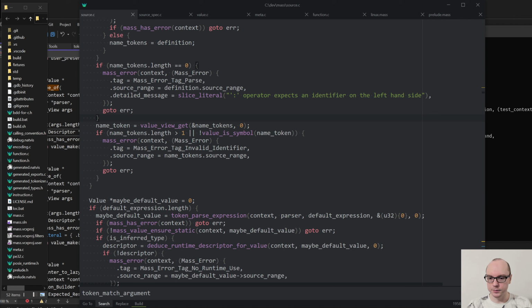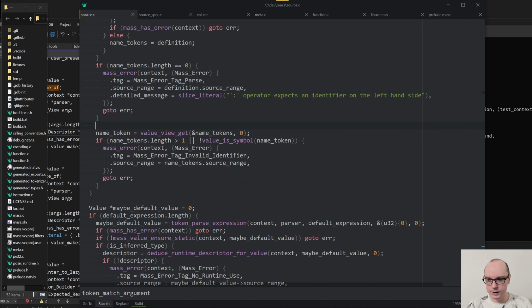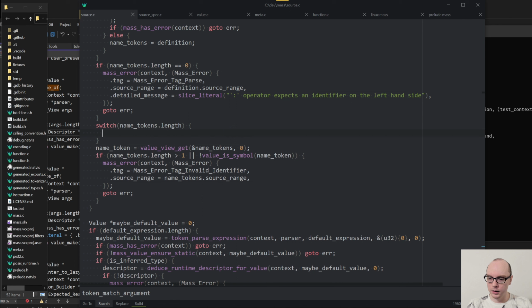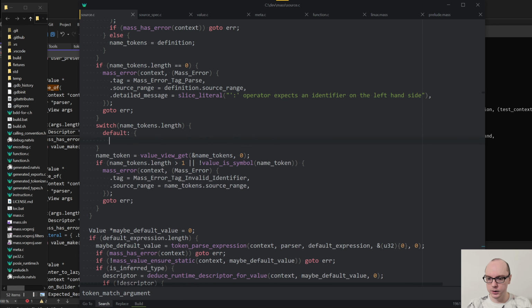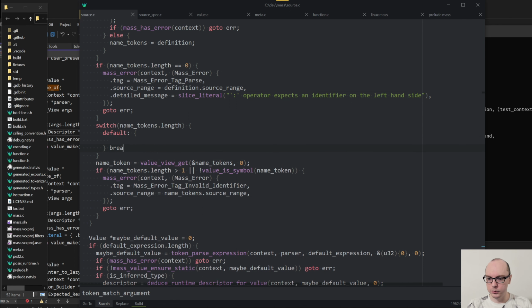How are we going to do this? Well, the first thing, let's try to just make it not fail, and then we will make it better from there. How would that look? Well, we can do a switch of name tokens length, and then we would have default break,